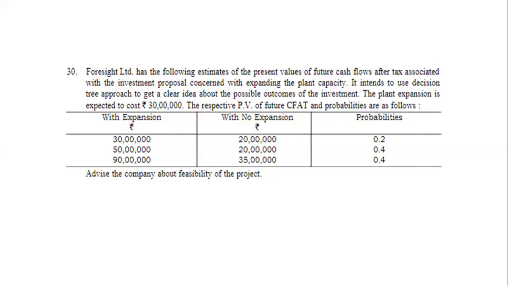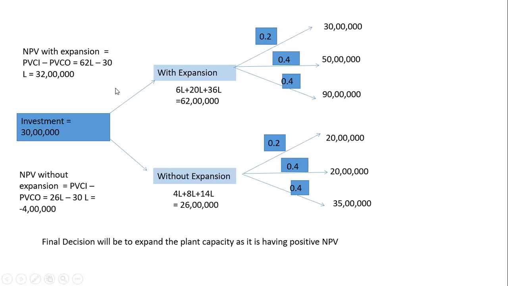Now, without expansion, you are getting 26 lakhs. Okay. Very good, Vrushti. 26 लैक्स मिल रहा है इनफ्लोज। आपका कॉस्ट कितना है ऊपर देखो यहाँ पे। कॉस्ट ऑफ असेट इज 30 lakhs। 30 lakhs अगर माइनस करते हैं तो नेगेटिव आंसर आ रहा है 4 lakhs। इन्वेस्टमेंट इज 30 lakhs with expansion, without expansion.